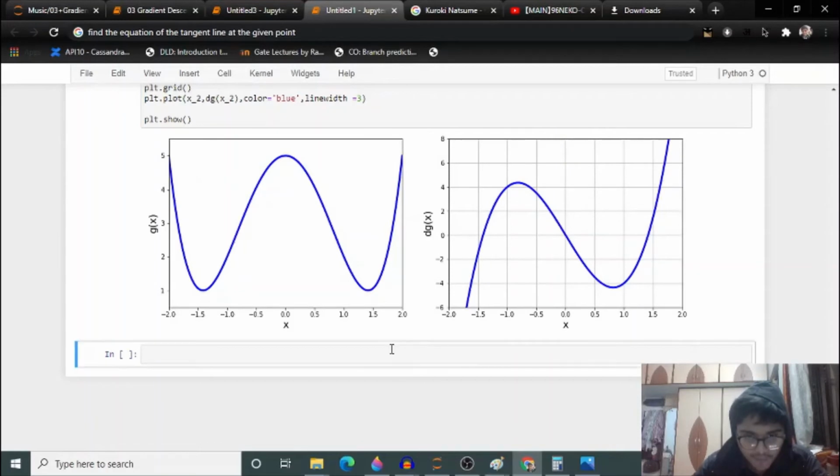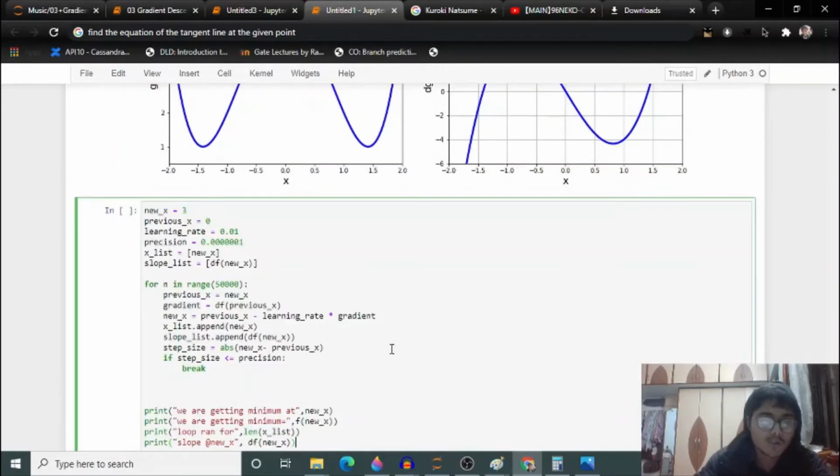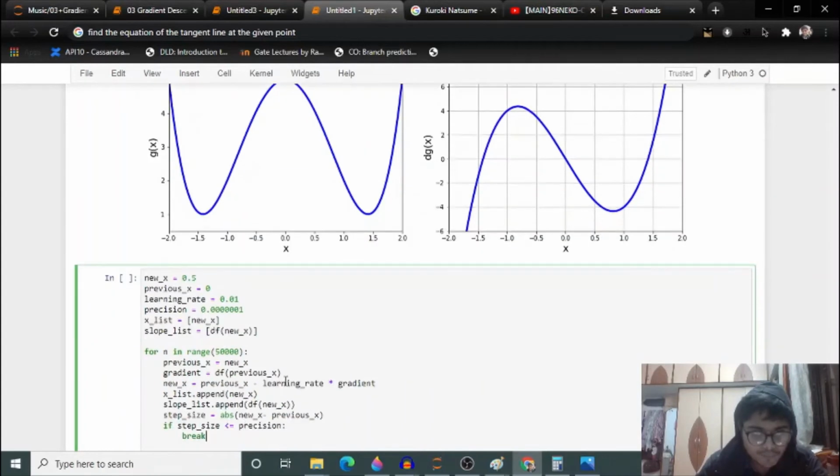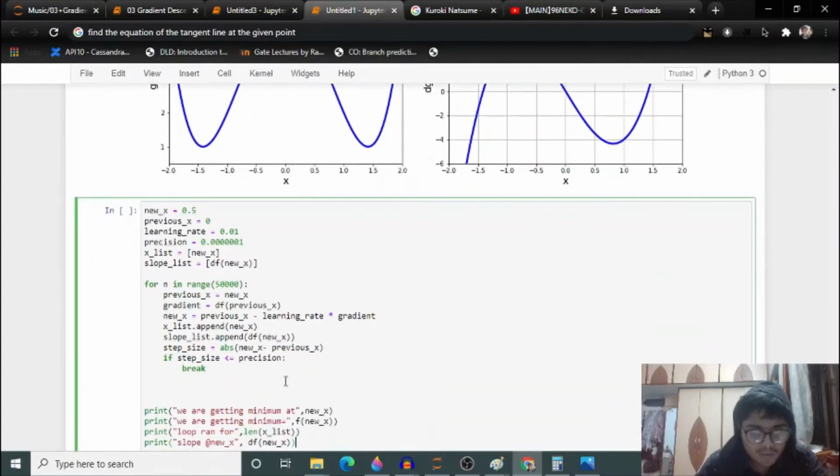So let's just copy paste. Now instead of new_x, I want to start with 0.5. All things will be the same. So let's run this function.